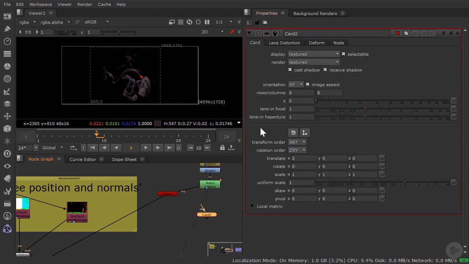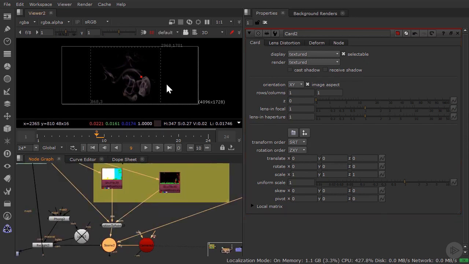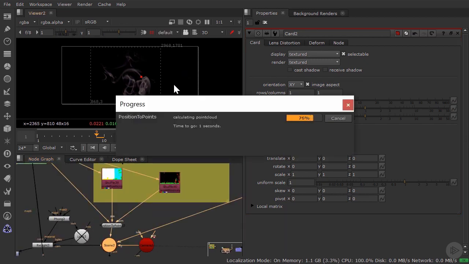Now a card, like all geometry, even in Maya, has lots of polygons. The less it has, the faster it will run. So change it from rows and columns 8 and 8 to 1 and 1. We don't need to cast shadows or receive shadows. It's just going to literally play the footage. Connect that there. So now what I have is my scene with our position to points